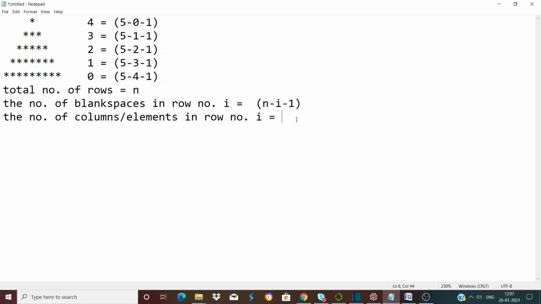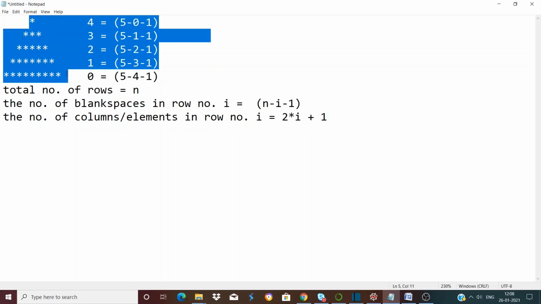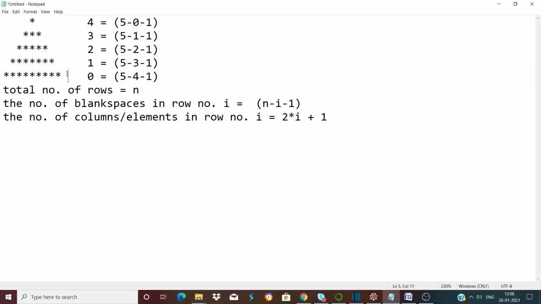So we can write that the number of columns or elements in a row is equal to 2 into I plus 1, right? 2 multiplied by I plus 1. And this is applicable for each and every row. If you verify that carefully, these two formulas are applicable for each and every row. So we have determined the formula that we will need to write our code.